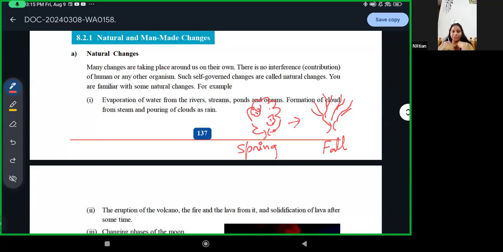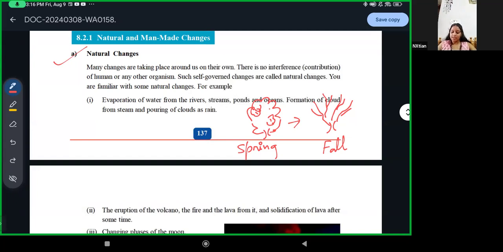Are we doing it? No, we are not doing it. We are not taking the tree and taking out its leaves. It's not from our side, but it happens in itself. Because it's natural. When seasons change, trees and plants also change. So it's natural. These are known as natural changes.